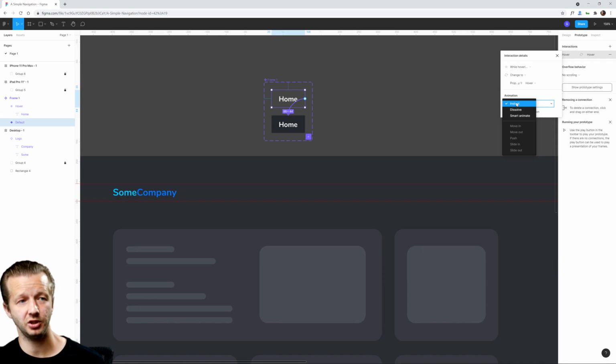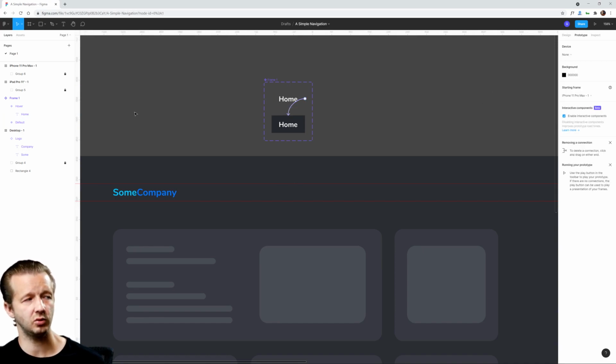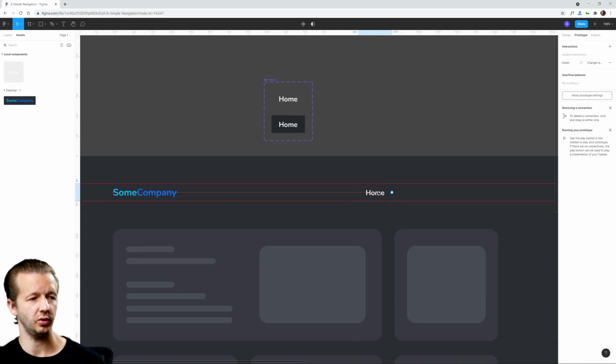You can have animations like instant, dissolve, smart animate. We'll get into these things in the future, but we're going to leave it right there for now. Now, if we want to get this onto our artboard, we come to our assets section, and we're just going to drag this over, and there we go. So now, if we click on play right up here in the upper right corner,